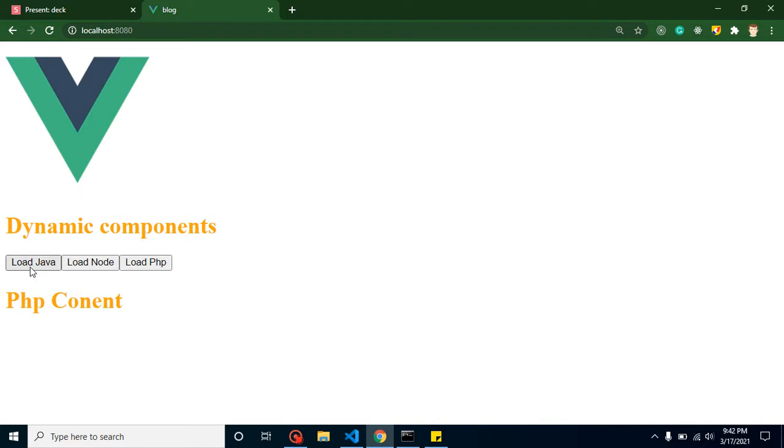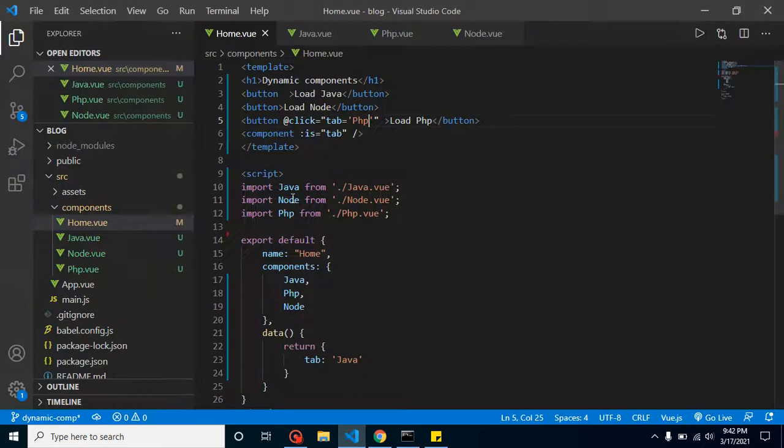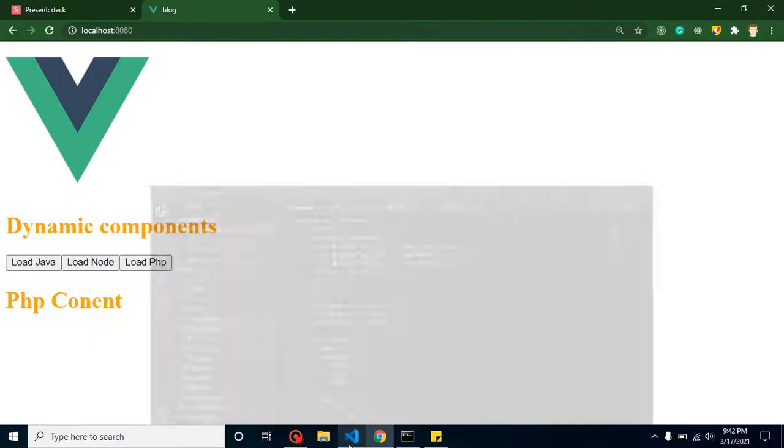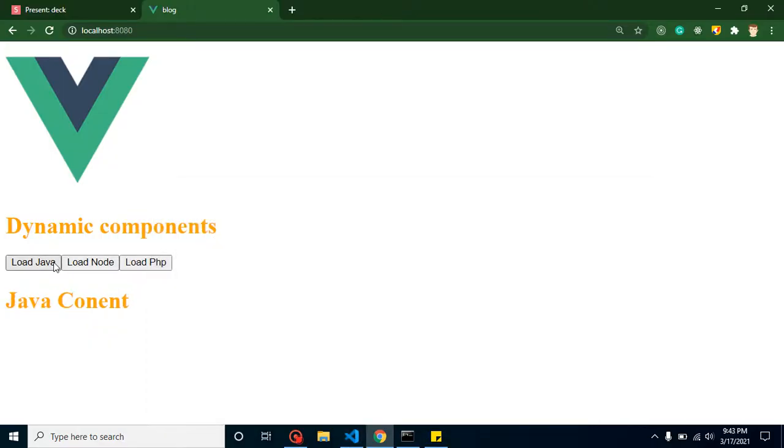Here you can see that PHP is loaded, but the two buttons are still not working because we did not add the event yet. So let me add here Java, Node as well as PHP. So let's see whether it is working or not. Now you can see that this is working fine.